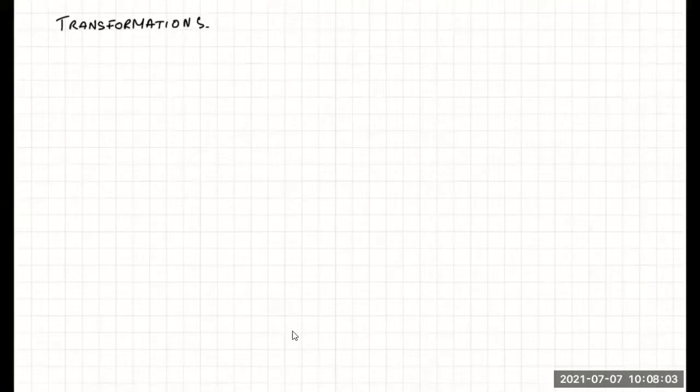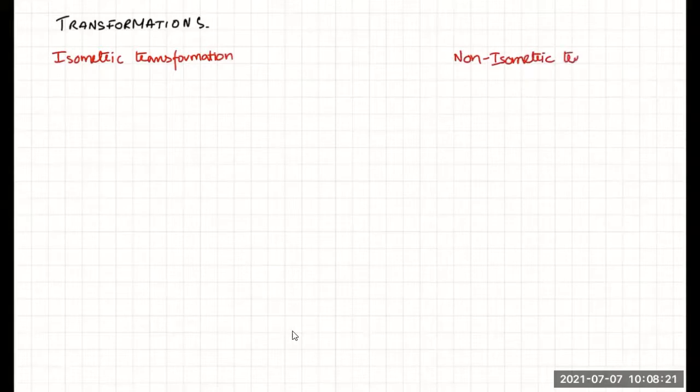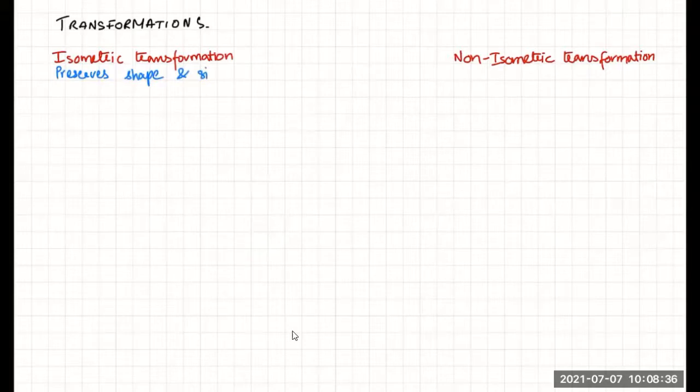Transformations. There are various types of transformations. They are basically divided into two categories. There's isometric transformation and non-isometric. Previously, there used to be more transformations in non-isometric. What is isometric? Something that preserves shape and size. So the first isometric transformation that you have is